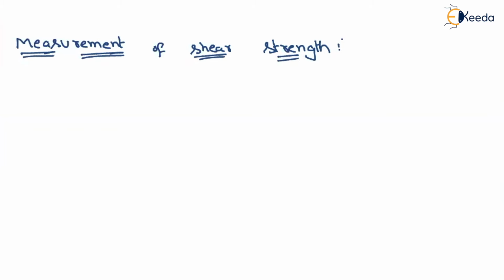That means wherever you want to find out the shear strength, or if you want to identify the stability of a soil mass, we have to draw the failure envelope. For drawing the failure envelope, the shear strength parameters are a must. What are the shear strength parameters? Cohesion of a soil and also the angle of friction. If you can estimate the cohesion and the angle of internal friction, based on those two we can draw the failure envelope of a particular soil.